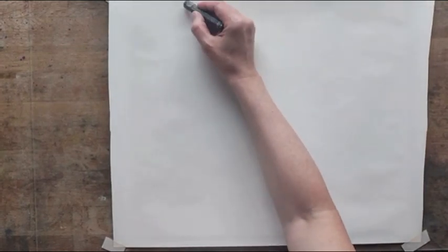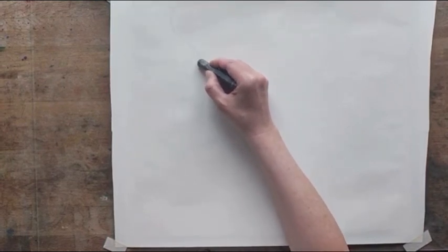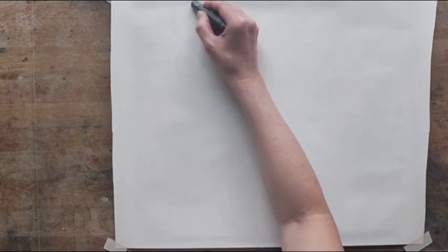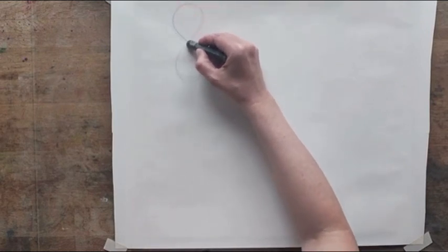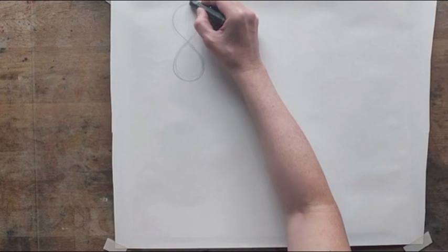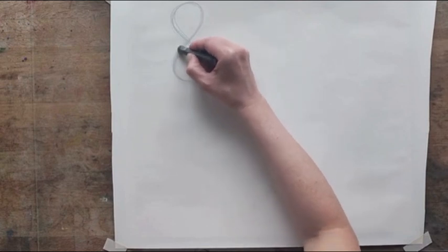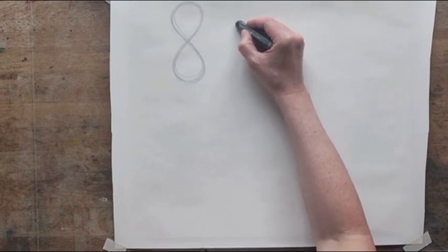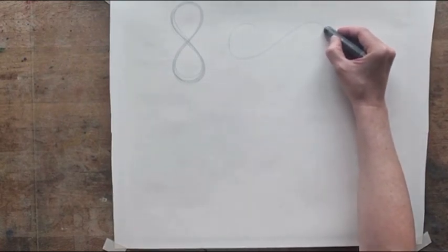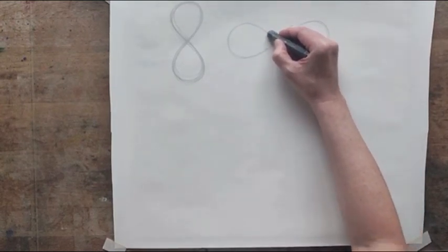In today's video, we're going to have a look just very briefly again at the lemniscate. So drawing the horizontal lemniscate here. You want to have practiced your vertical lemniscate, of course, but you also want to have practiced your horizontal. So you want to be able to quite comfortably do your lemniscate